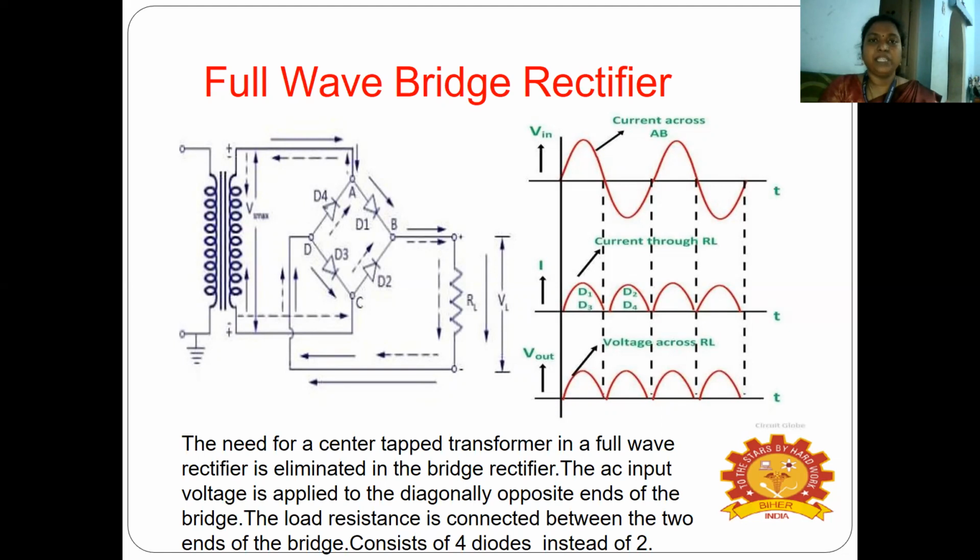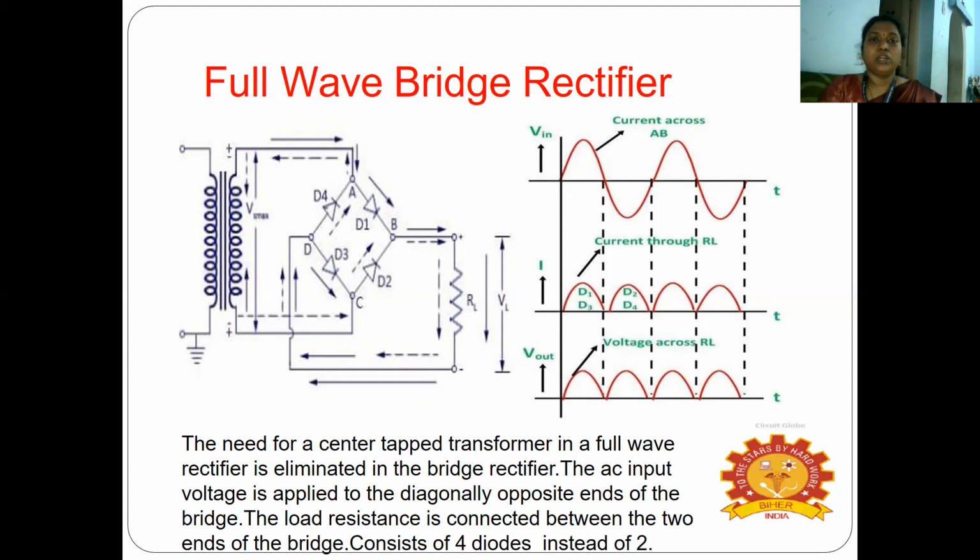All 4 diodes are in the same direction, unidirectional. So why is it called a bridge rectifier? In the sense that it is connected as a bridge. You can see the points A and C are connected to the transformer, and D and B are connected to the resistor RL, so it looks like a bridge. So we call it a bridge rectifier here. B and D are connected to the load resistance RL, and you can see the output voltage VL is noted.